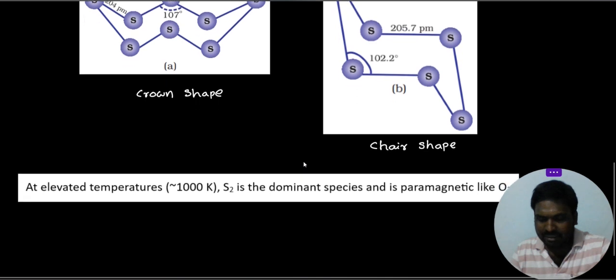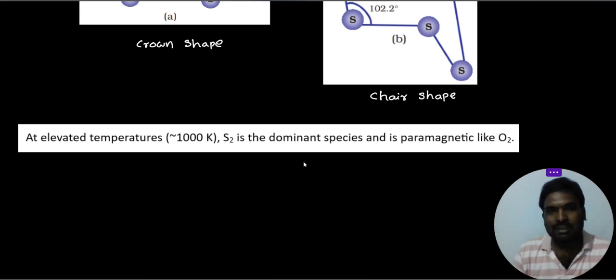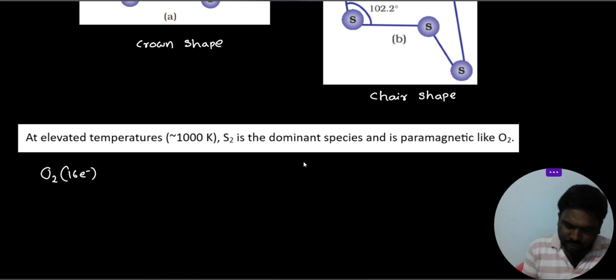Now at elevated temperatures, approximately 1000 Kelvin, the S8 or S6 are converted into S2 molecules, individual discrete S2 molecules. That S2 molecule is paramagnetic like the O2 molecule according to MO theory. You know MO theory, molecular orbital theory. Just observe O2, how many electrons are there? 16 electrons. So according to MO theory, molecular orbital theory,